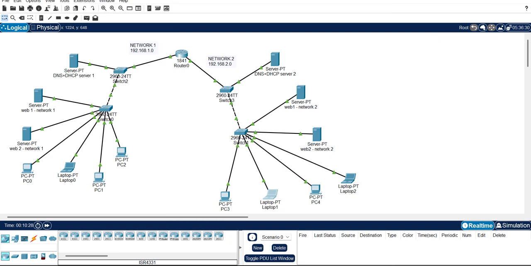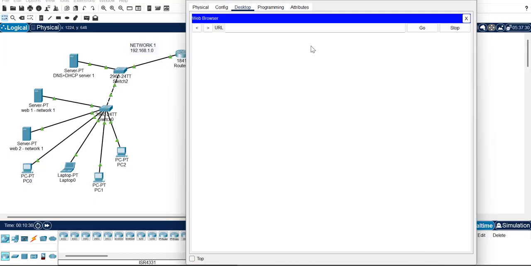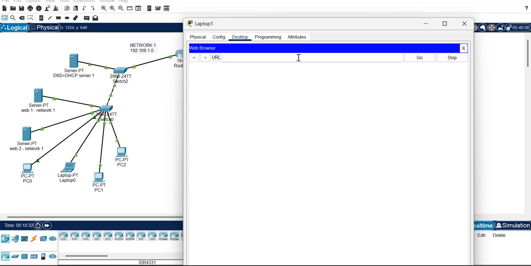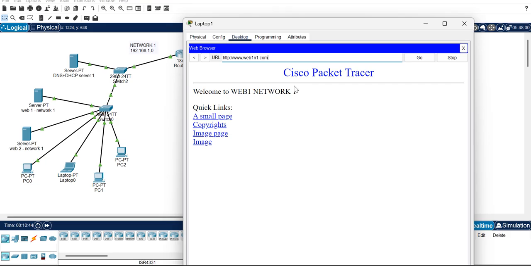I guess it's taking some time. No, it's okay. Here we go. So we are accessing network 1, right? Here we have accessed our website 1 in network 1 through our laptop in network 2.